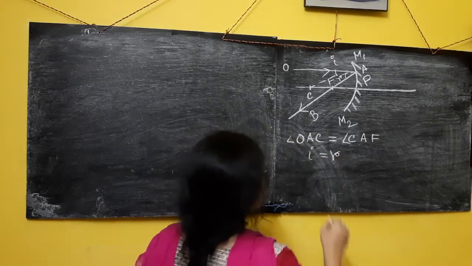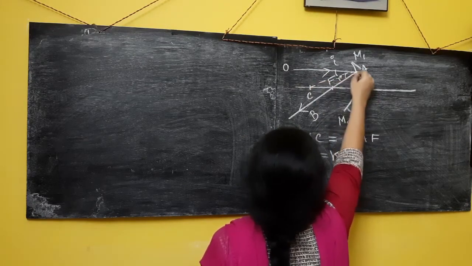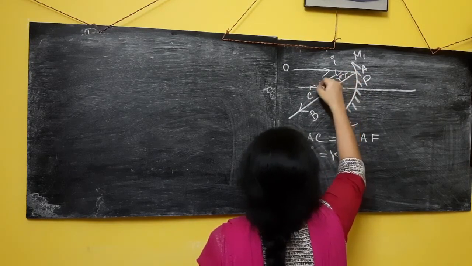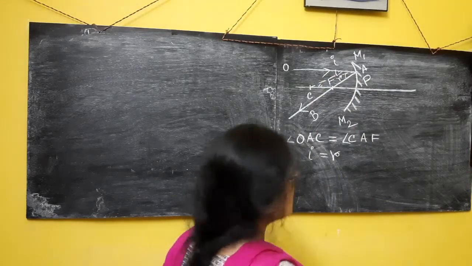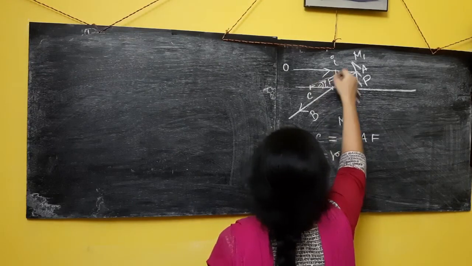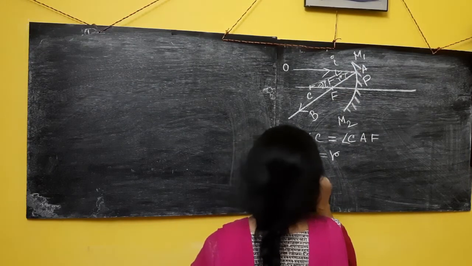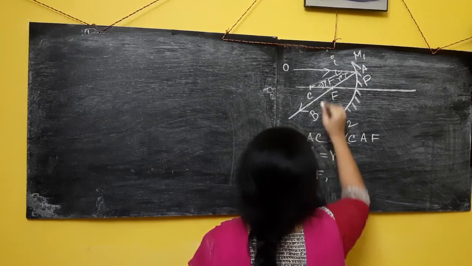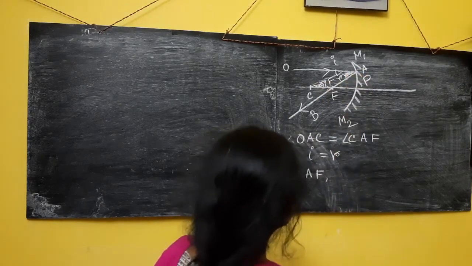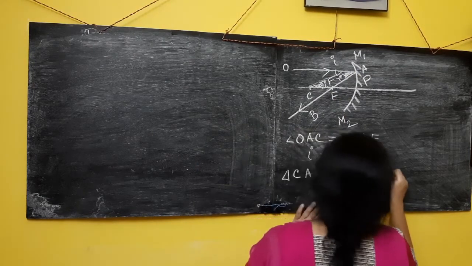Done. Now see, this is a line, this is a line. Both are parallel to each other. This is the intersecting point. Means what? If this is a parallel line, then this angle should equal this angle. They are alternate angles. So this I should equal this I. So if I consider this whole triangle, from triangle CAF, what I am getting is that this angle is equal to this angle. So from triangle CAF, angle ACA equals angle CAF.